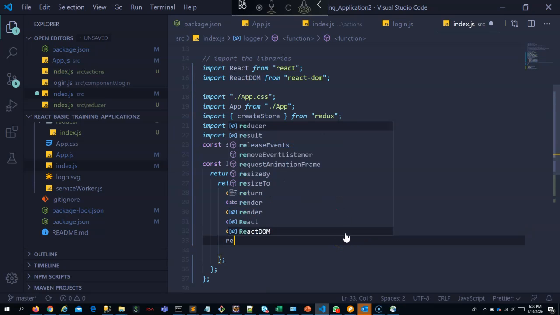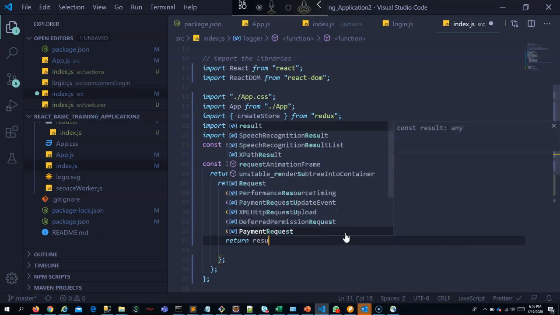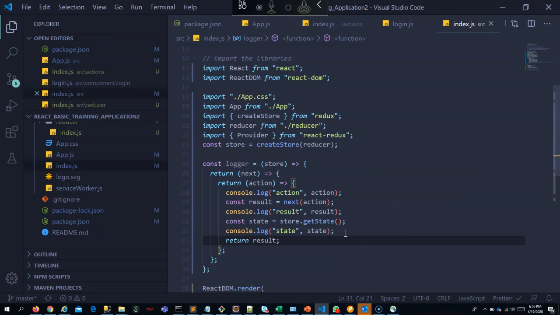Now I will return the result. Okay, what I have done is you have to add two levels of functions. The first function will receive the next, with which you can make the action proceed to the reducer, and the action for which the middleware was called. Okay, now for adding this logger middleware inside our function,